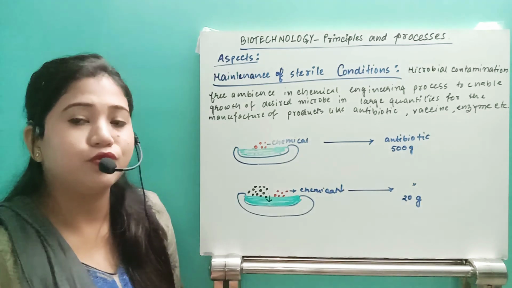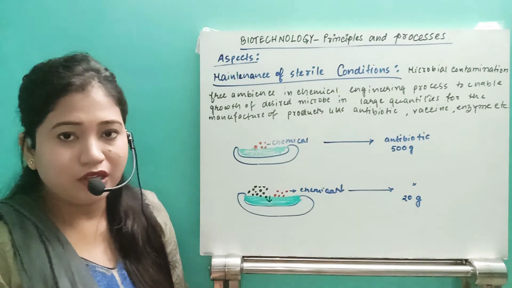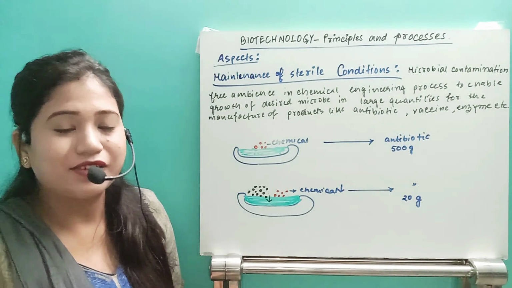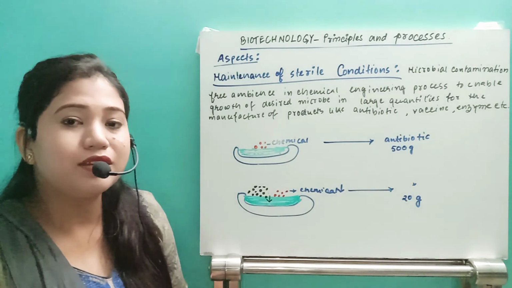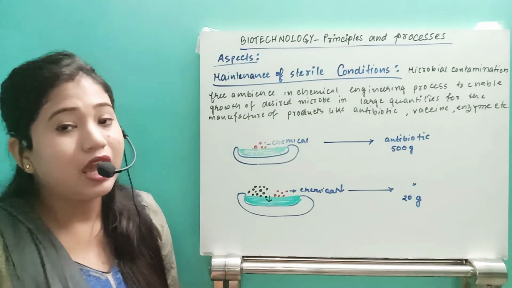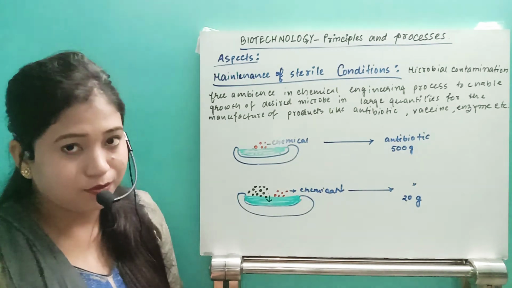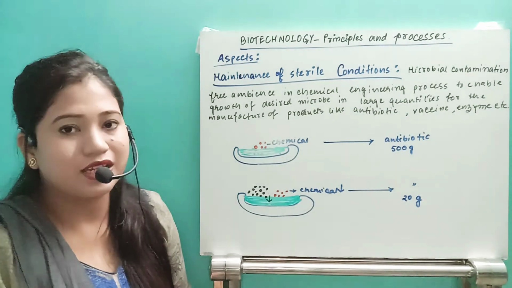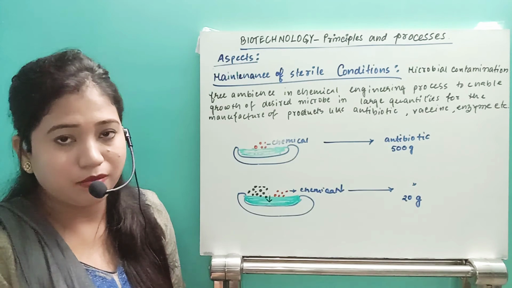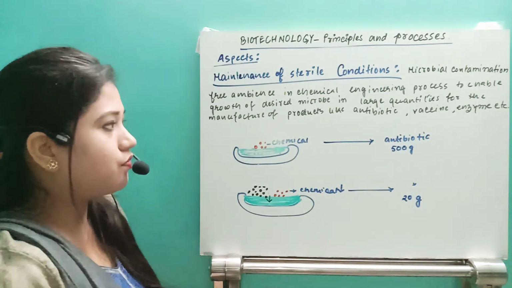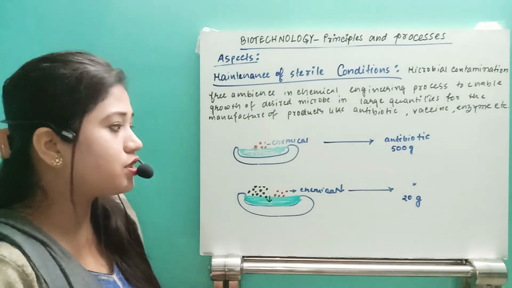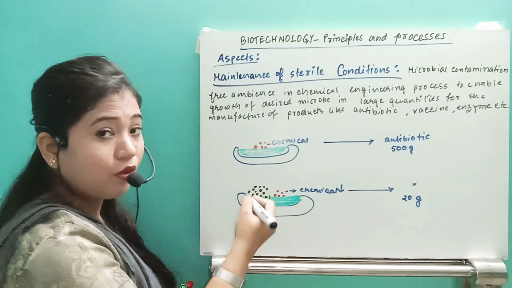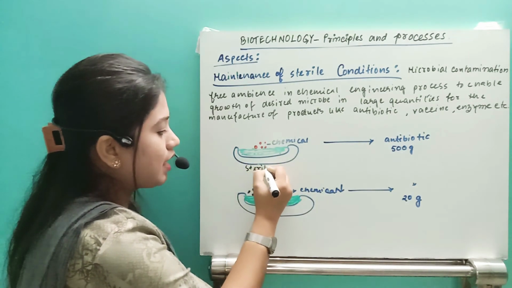So that's why in the biotechnological lab we're not allowed to come in shoes. Shoes we have to remove, we have to use the jacket and the mask, like those PPE kits. We should use all that complete protection, so that if we are suffering from any type of disease, or if microbes are already there in our body, they cannot damage the microbiological experiment which is going on, right? So it is very important to maintain the sterile environment. This environment where no other microbe is growing is the sterile environment.